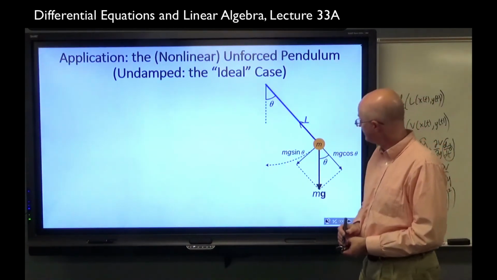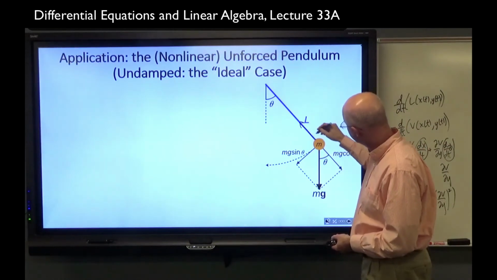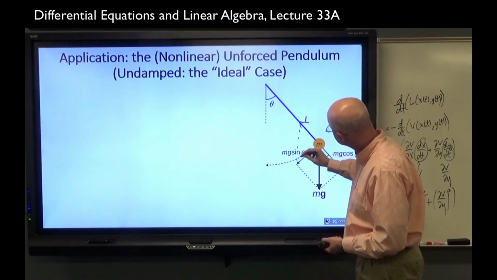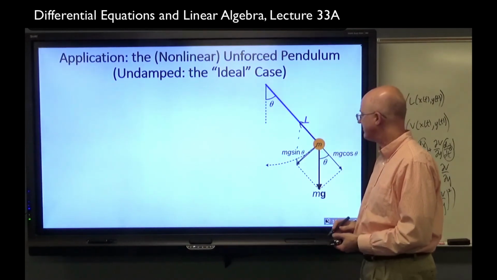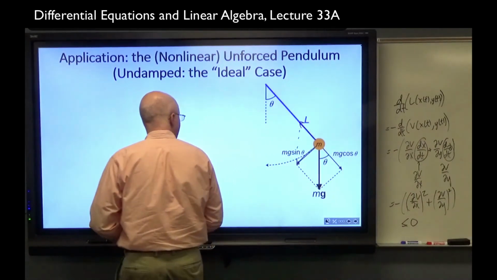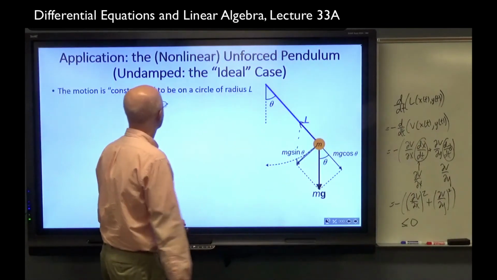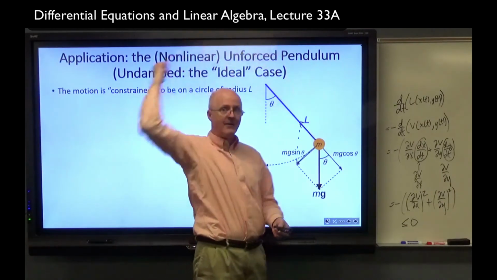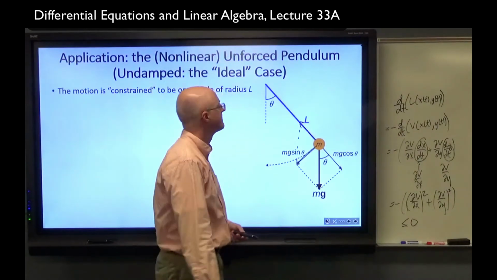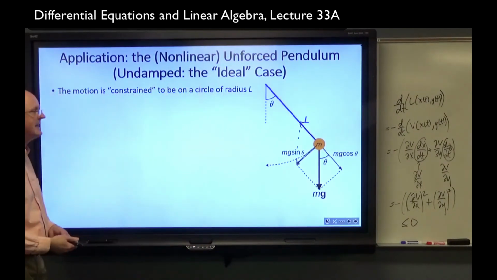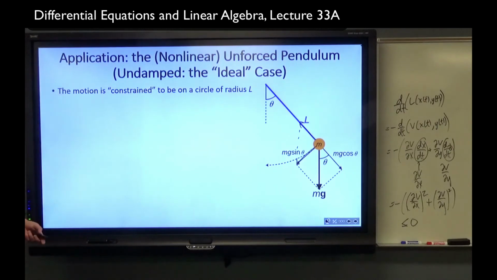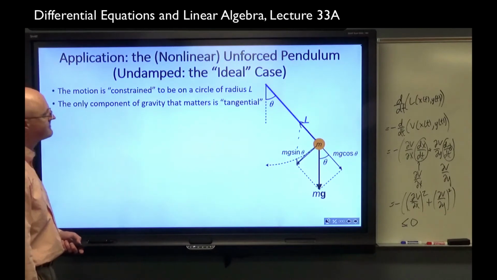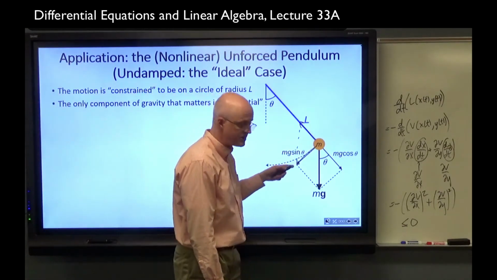The net force is the sum of the gravity force and this force from the rod. And that net force is indeed this thing that you see there. That's the net force on the mass. And it's tangent to the curve of motion. The curve is always on a circle of radius L. And I am allowing for the bob to go around the horn here, so there's no ceiling at the top. If I give it a big enough initial velocity, or if I even position it up near the top to begin with,